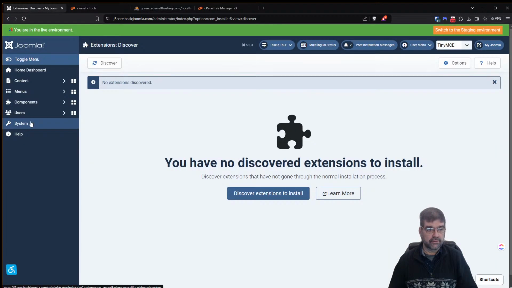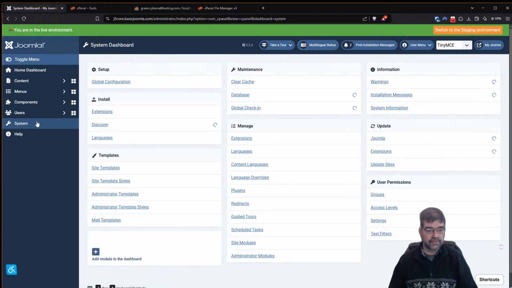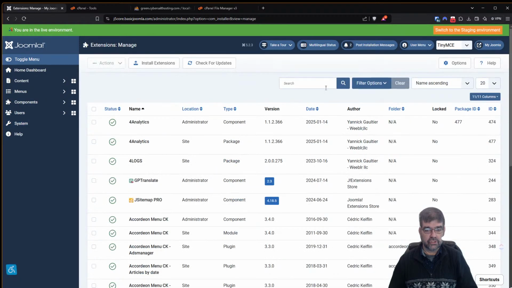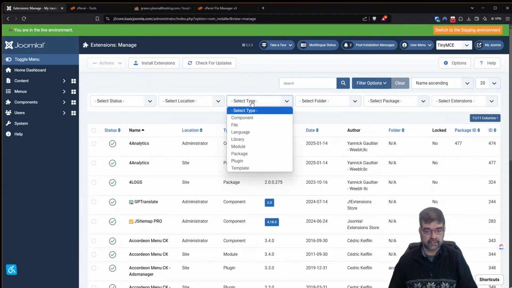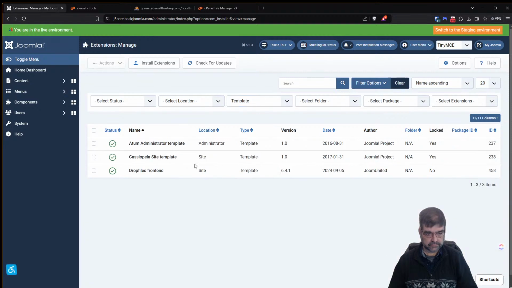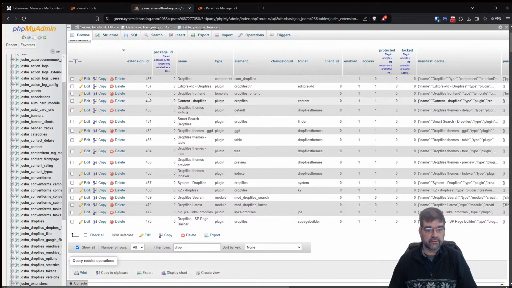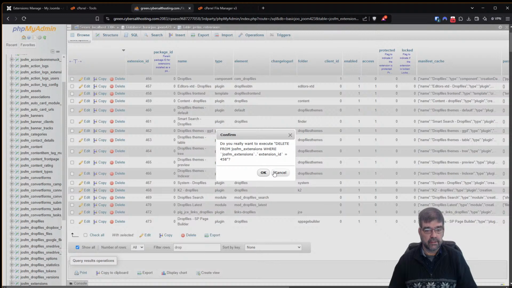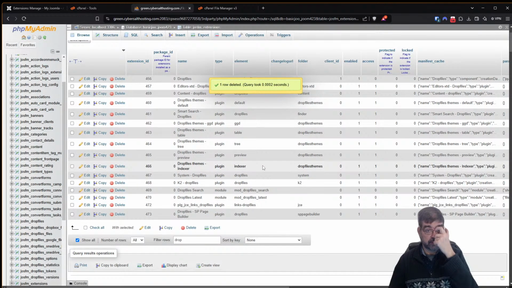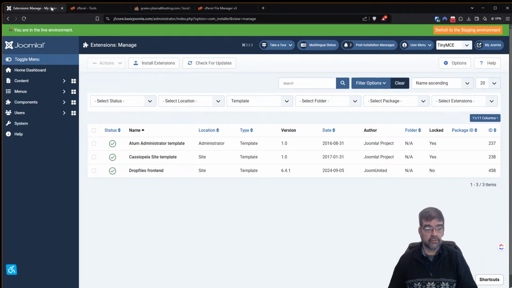Let's just go here. Let's go System, Extensions, Manage, filter, select type, template. Drop files front end template. 458 is the ID. So let's see, okay, there it is, front end. Oh, there it said type template. If I delete this record from the database and we go back to the Discover tool,